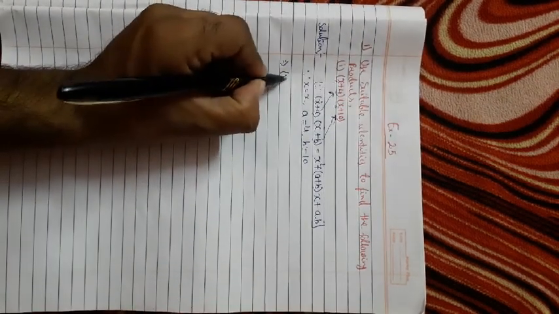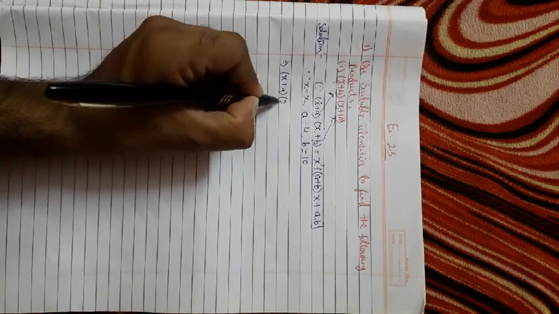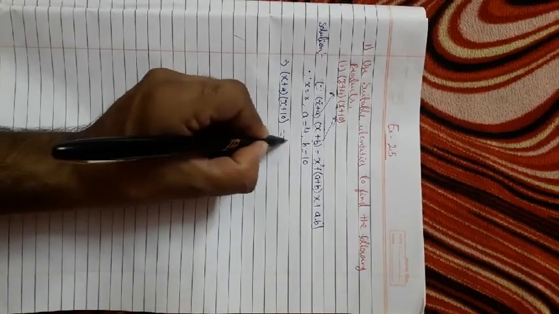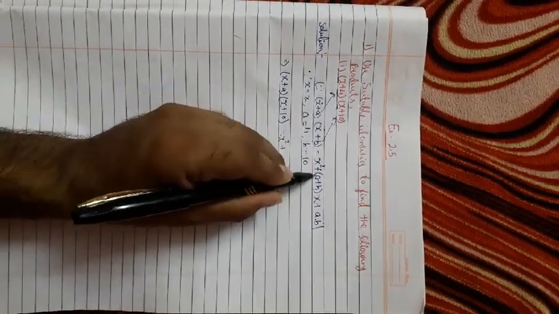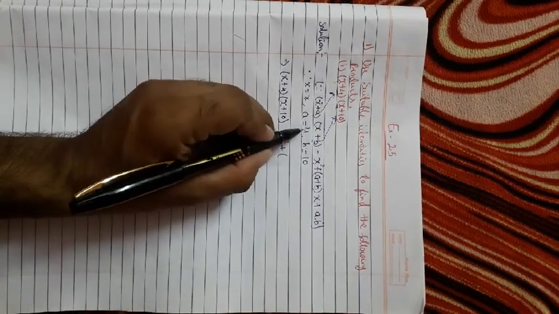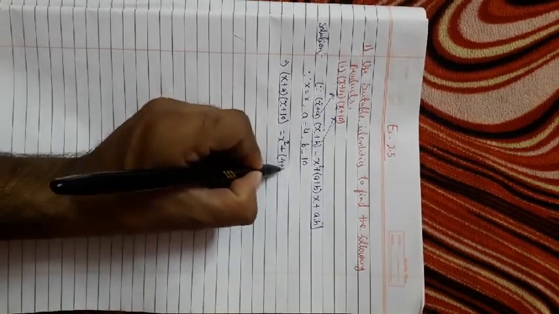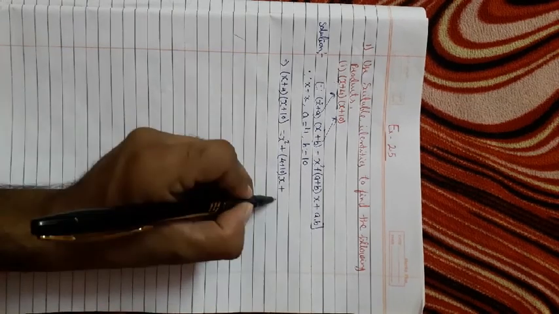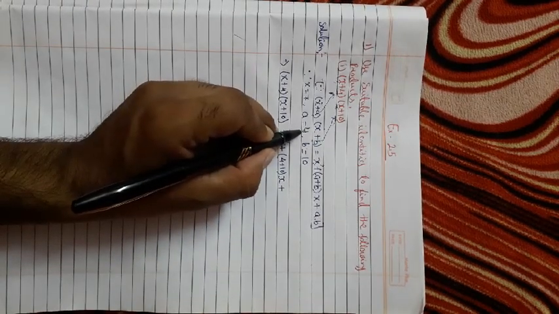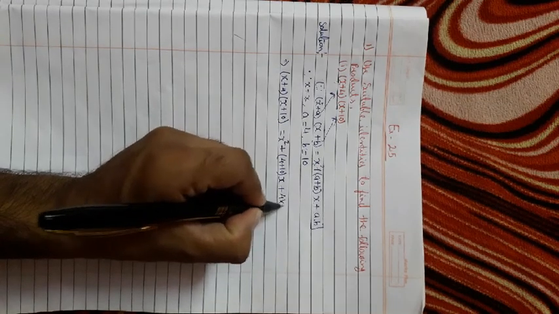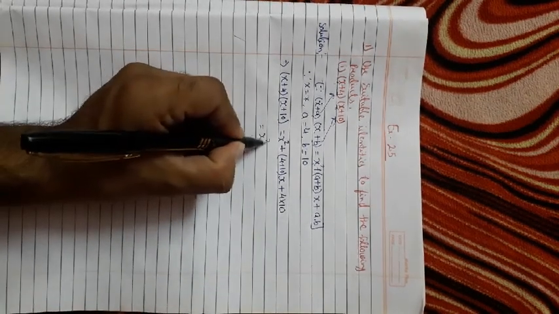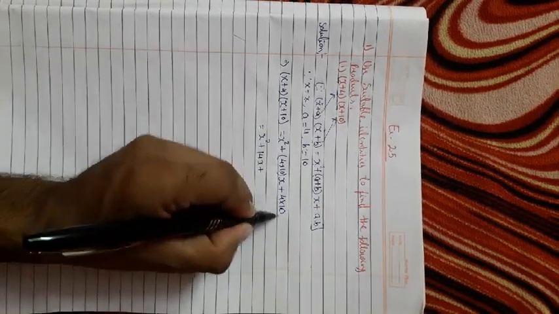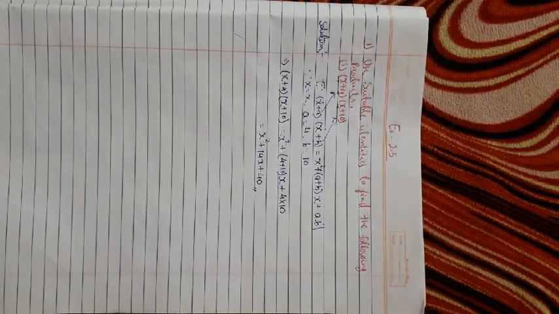So (x plus a)(x plus b) means (x plus 4)(x plus 10), equals, first we have x square, which will remain the same, plus as it is. Now in the bracket we have to take a plus b, so a is 4 and b is 10, so 4 plus 10, and outside the bracket we have x plus a into b, so 4 into 10. So our answer is x square plus 4 plus 10 becomes 14, 14 into x becomes 14x, and finally 4 into 10, 40. So this is our answer.